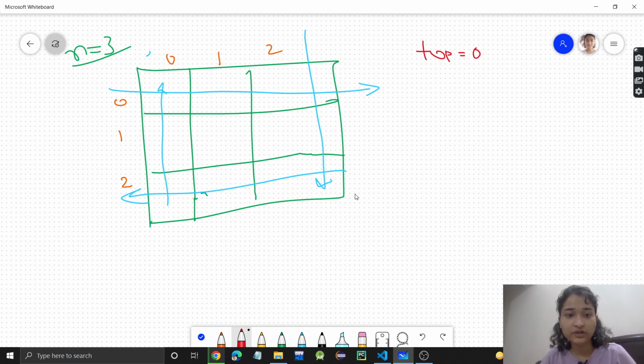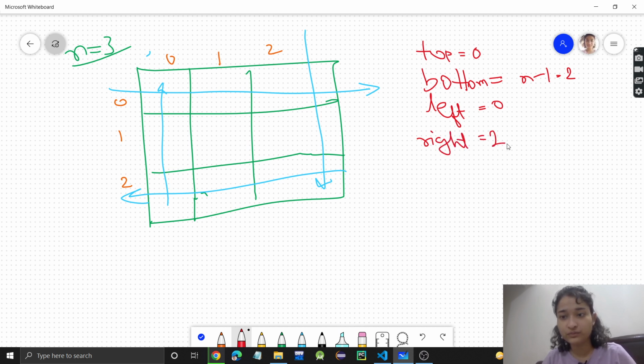Then for the last row, I will keep a variable bottom, initially having the last index value, that is n minus 1, here 2. Then for the first column, I will take a variable left, which initially is 0, and right will represent the last column, that is n minus 1, which is 2.